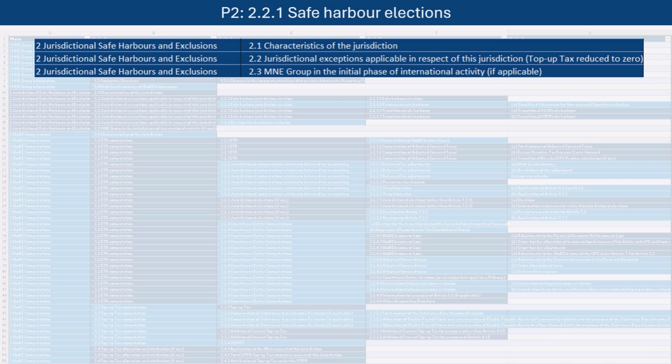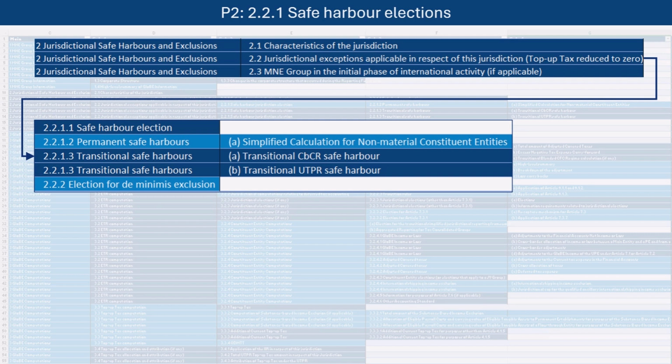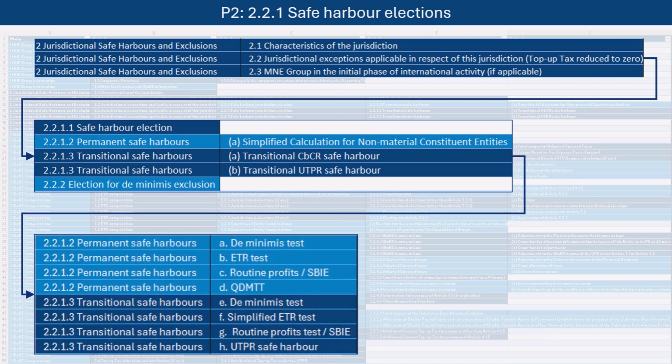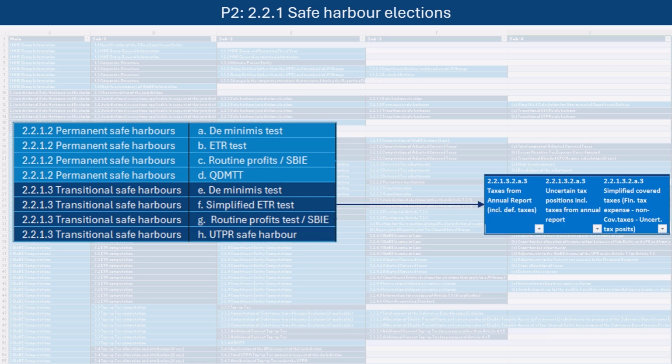So if we start with the safe harbor elections, we've just seen that we'll go from section 2 to jurisdictional exceptions. So that's what you look at in the return, and you go to your transitional safe harbors and your permanent safe harbors. And then for your transitional safe harbors, here are the different safe harbors that you need to look at. If we look at them a little closer, and we start with the transitional one for your simplified